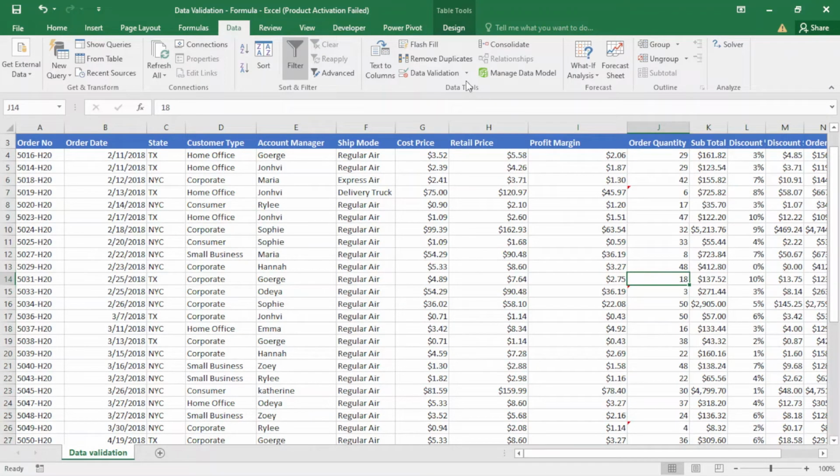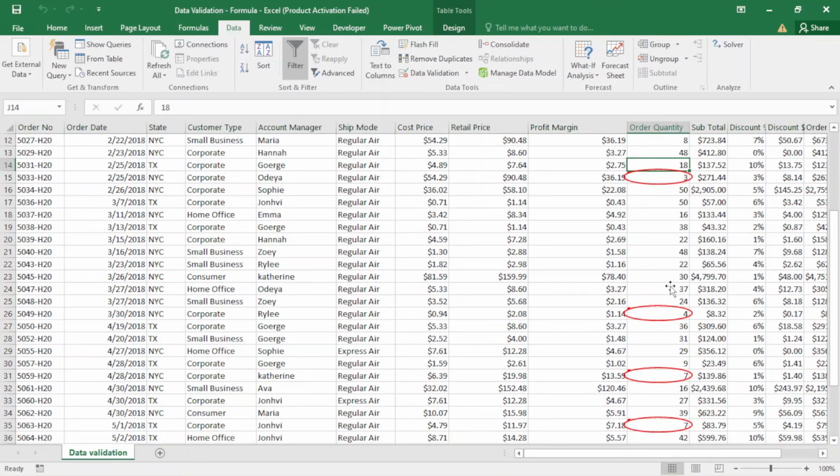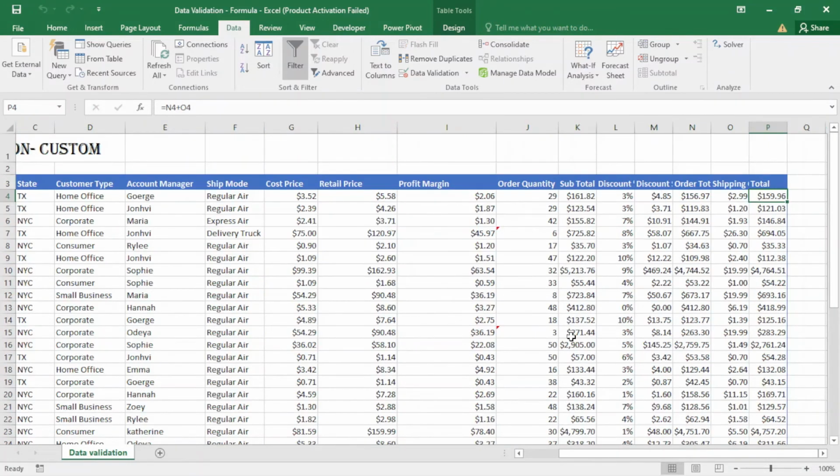So after that, I come here to circle invalid data. You can see these are invalid because these are less than 7 orders, and every account manager has to have more than that. So that's it about using the formula and